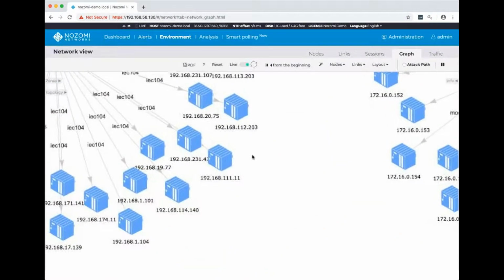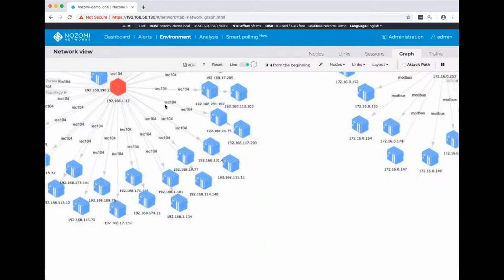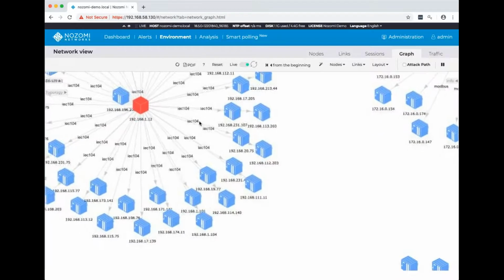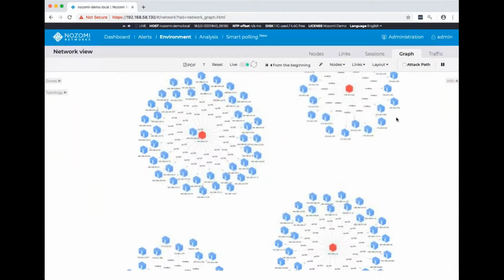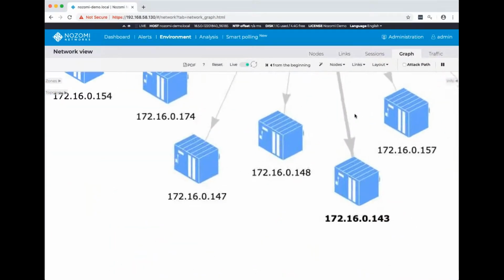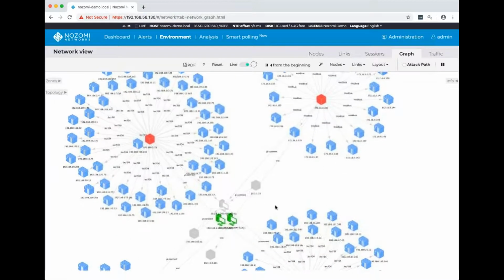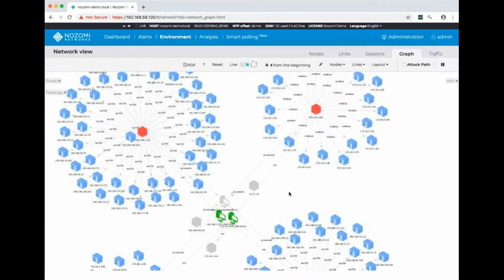So right now, you can see just the IP addresses and some of the protocols of the transactions or links you can see there. You've got IEC 104 there. Over here, you have Modbus. You can zoom in. Now, this is a fully interactive graph, as you can see, and it's loading the live